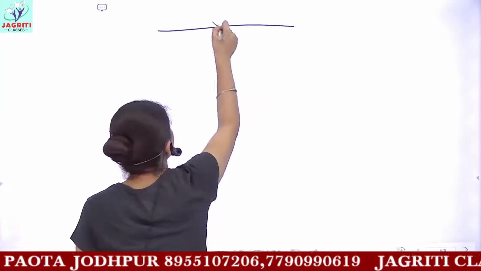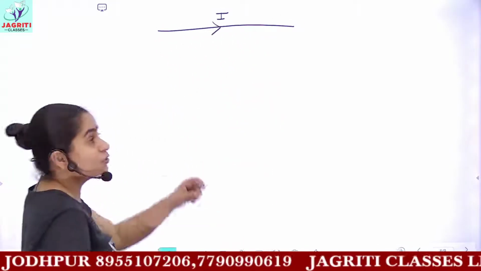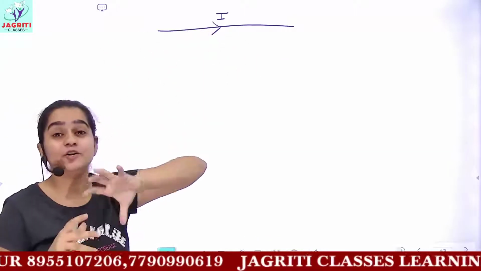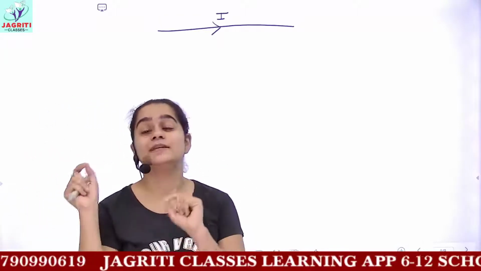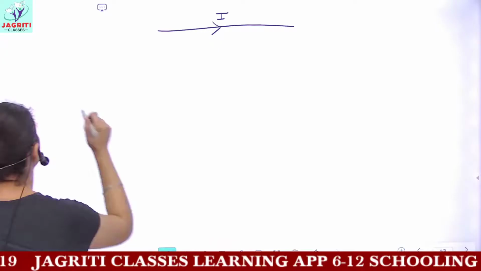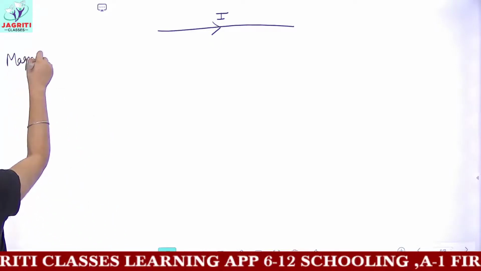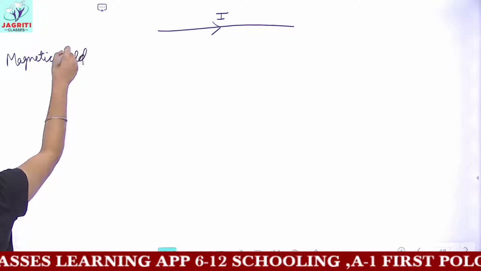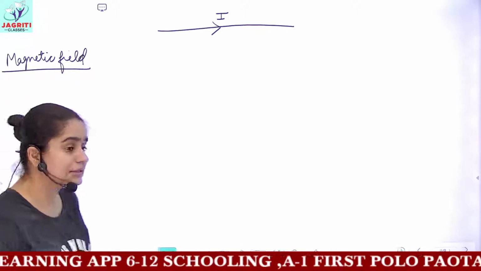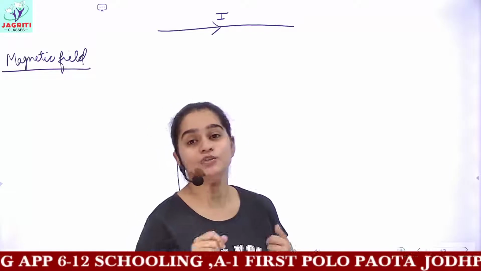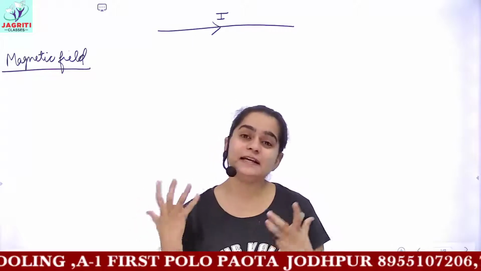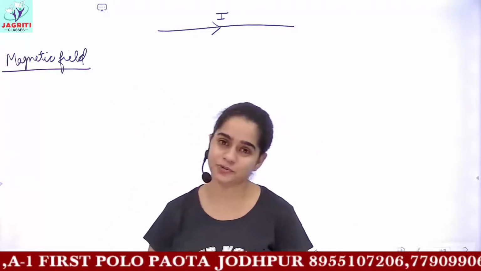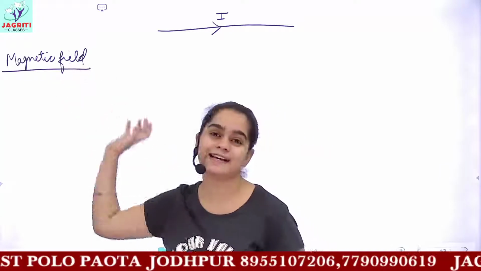Now we are moving on. I said that this is our conductor and a current I is flowing through it. So now when the current flows, it produces a magnetic field. What is actually the meaning of the term magnetic field which we have been saying from the start? You have also studied in your junior classes about electric field. What is actually an electric field? Electric field, magnetic field, all these terms are very commonly used. So now we'll focus on our term, magnetic field.